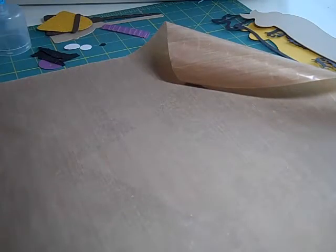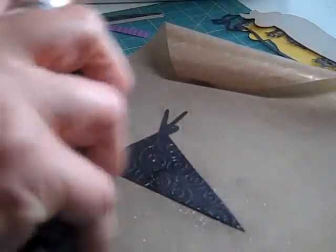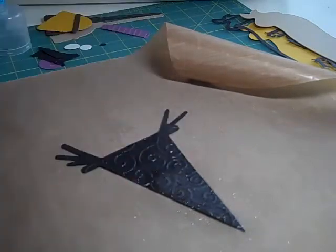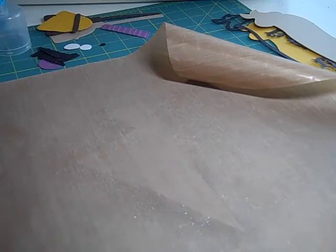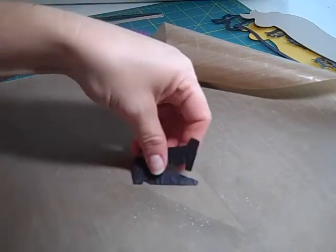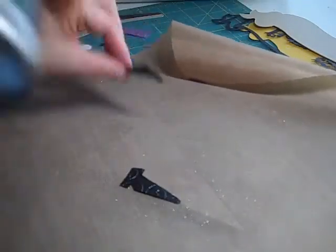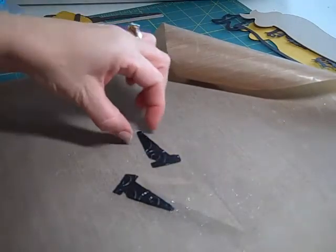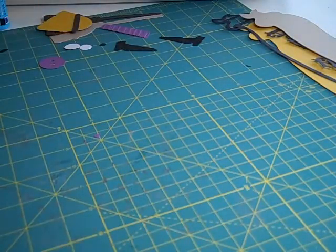Let's sparkle up the hat. So I'm going to put the same sparkle on my hat, but careful not to get it on my hair. There. Alright, so I'm going to let these pieces dry. Did I want to add sparkle anywhere else? How about the shoes? Let's put some sparkle on the shoes. Whoop. There we go. Alright, so I'm going to let those dry. Take off my mat,